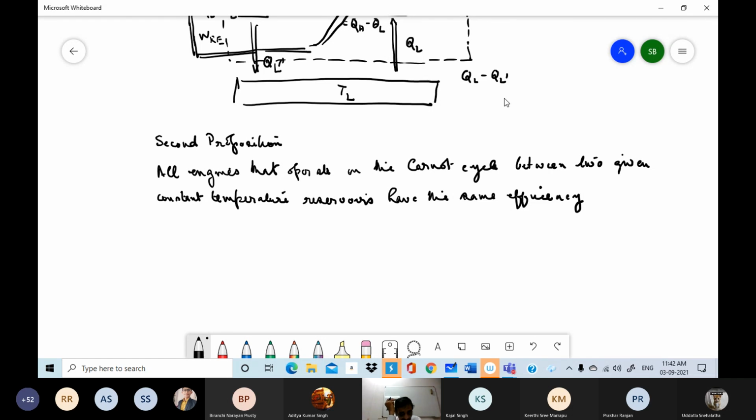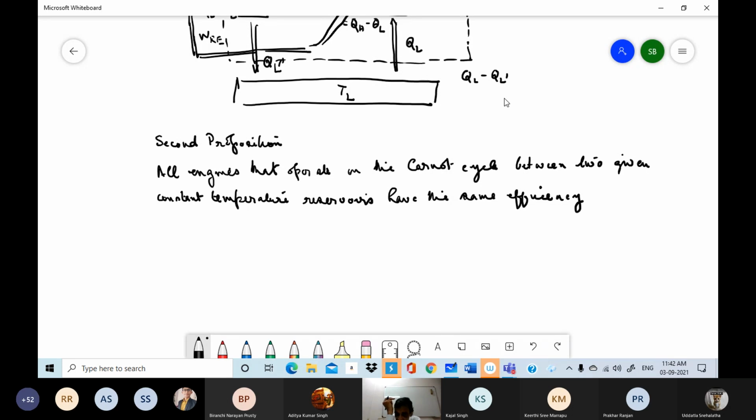The good point is that between that reservoir and the reservoir at ice point, the efficiency which I have measured, unlike the expansion which varied from substance to substance, and that was what gave me different values of temperature depending on what material I use for